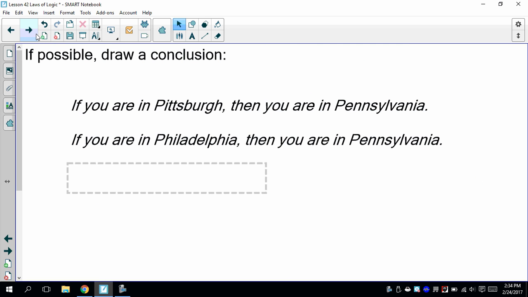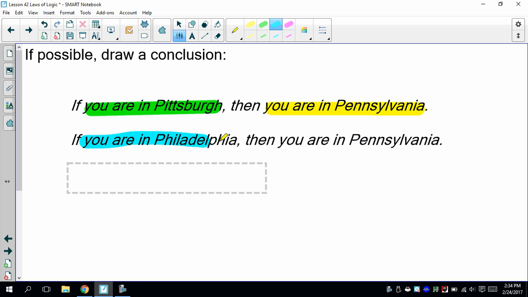So let's try another one. We want to see if we can draw a conclusion here. So I'm going to highlight P, you are in Pittsburgh. Q is you are in Pennsylvania. I have a new statement, you are in Philadelphia, and then again, you are in Pennsylvania. So in order for us to use law of detachment to make some conclusion,